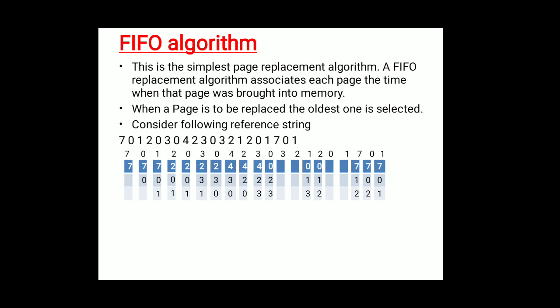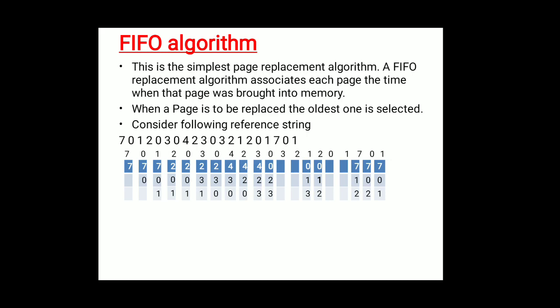Now coming to the next reference string, that is 0. So 0 is already present, that is 0 1 2. So in 0 1 2, 0 is already present, so you don't have to get page number 0 from the hard disk. So keep it as it is, that is 0 1 2, or you can leave it as blank and mark it as a page hit. Page hit means what? Whatever the CPU is demanding, the page is already present in the memory.